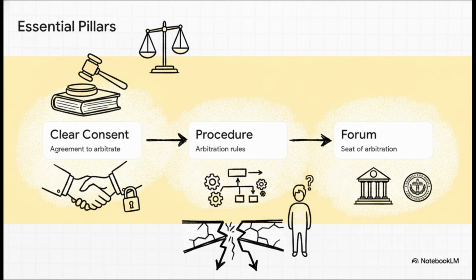Think of your contract clause as a pathway. An effective arbitration process is built entirely on three solid pillars. You need clear consent to arbitrate, a clear procedure to actually follow, and a clear forum to host it. The foundational texts on arbitration are super strict about this. If literally any one of these steps is ambiguous, the whole pathway completely collapses. And what that does is it basically hands an open invitation to any party who wants to derail the process, letting them drag you into court to challenge the entire jurisdiction.